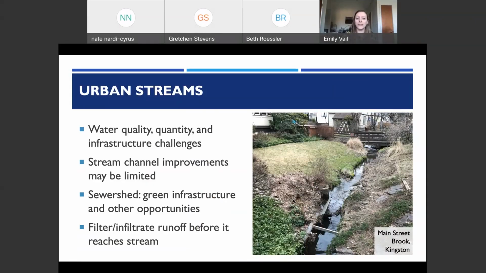So urban small streams come with water quality, quantity, and infrastructure challenges, and you may be very limited in the kinds of stream channel improvements that you can make. So if you have areas that are prone to flooding, it would be great if you have an opportunity like the municipal parking lot in Ravenna or the Peace Park in New Paltz to have some place for those floodwaters